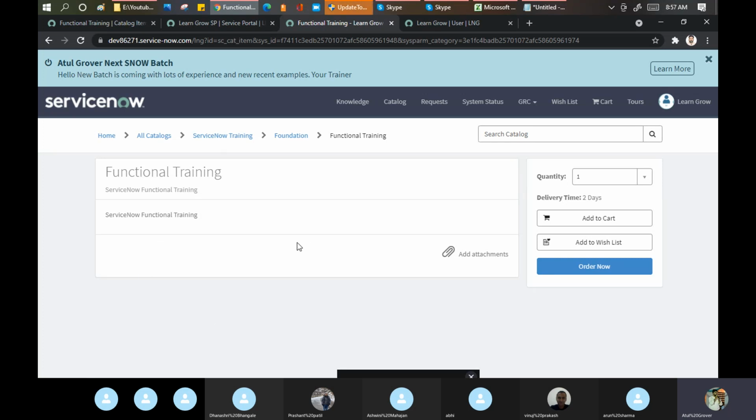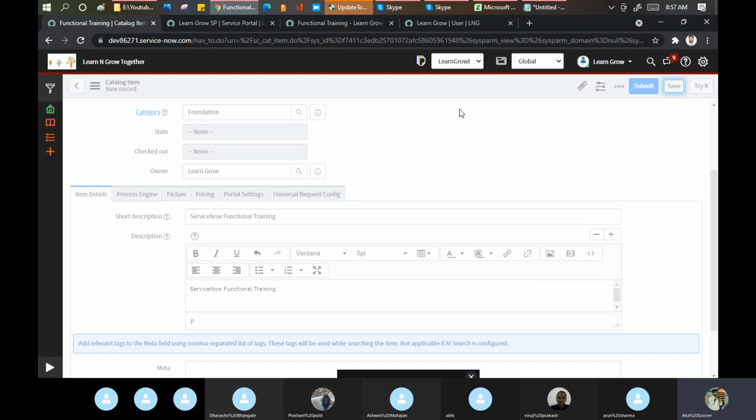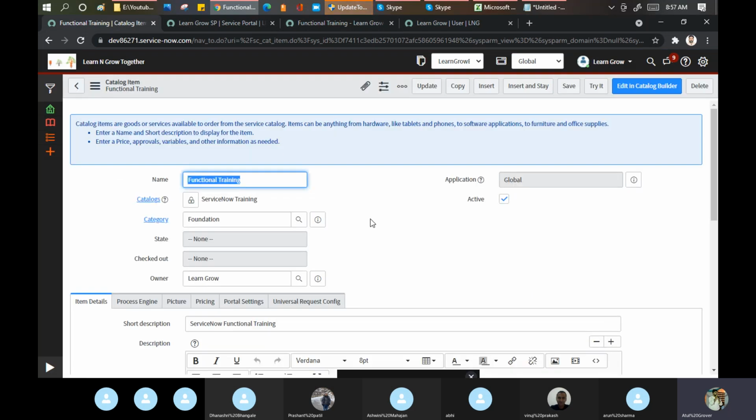You are able to see these things, right? From where these things are coming. This time, this. The order now is not good. Let me make a change here. Okay, so now we will do the changes on the item level, that is, the catalog item level. We are going to make a change now.